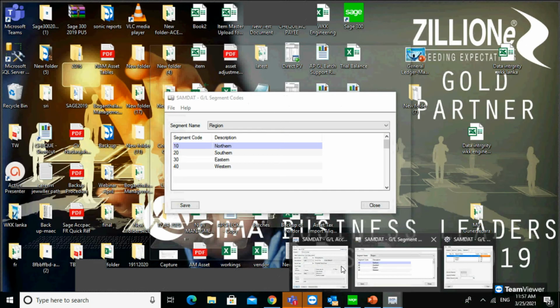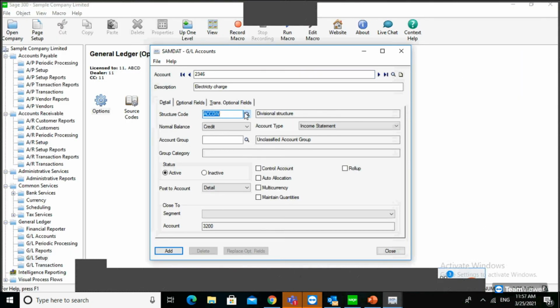Whatever the structure code I am defining here as account, I will define as account here, and you can put the account number here. What is the normal balance? If it is the electricity charge, it should be an expense account, then it should be a debit type.